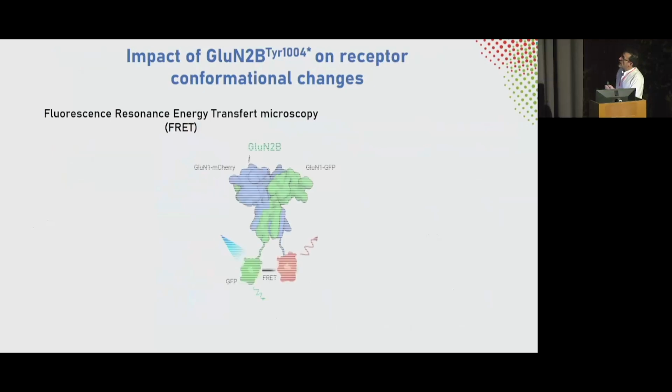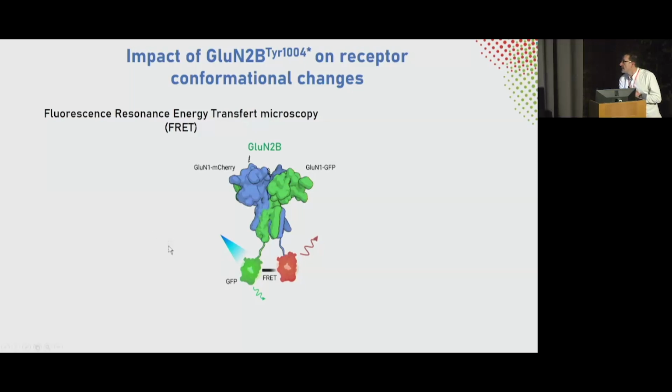We know that the NMDA receptor is composed of two GluN1 subunits and two GluN2B subunits. These two subunits are really constrained, close together. And if they are close together, the configuration of the receptor can be modified. So to analyze the modification of the configuration of the receptor, we put two fluorescent molecules in the C-terminal domain of GluN1, the obligatory subunit, and we determine the impact of the expression of the GluN2B subunit on the organization of the GluN1 subunit, meaning a transfer of alteration from GluN2B to GluN1.